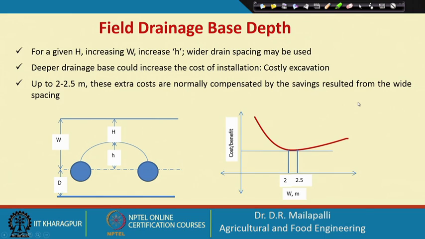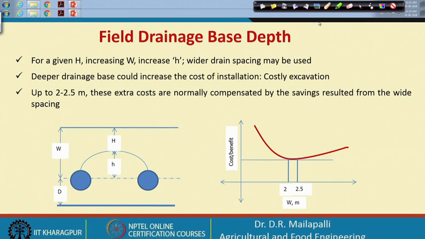So the first thing is the field drainage base depth. As I said, this is a very important thing in drainage system design for a given H. For a given H, if you see, this is the H. So for increasing W, where W is the drainage base depth,